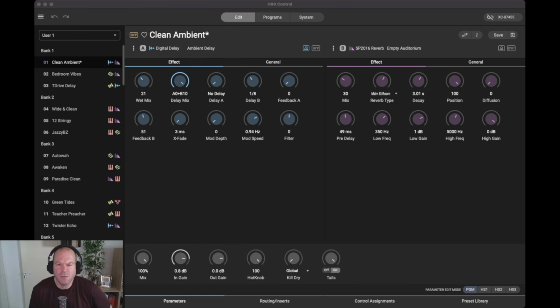So I'm going to attempt to show you around the app. When you open it up, this is what the app looks like. We are on the first program, Clean Ambient. It's currently bypassed and in the user one factory list. So if I just start that loop, and we are on Clean Ambient. It says Clean Ambient. This is the first program that loads up. If I click here on bypass,